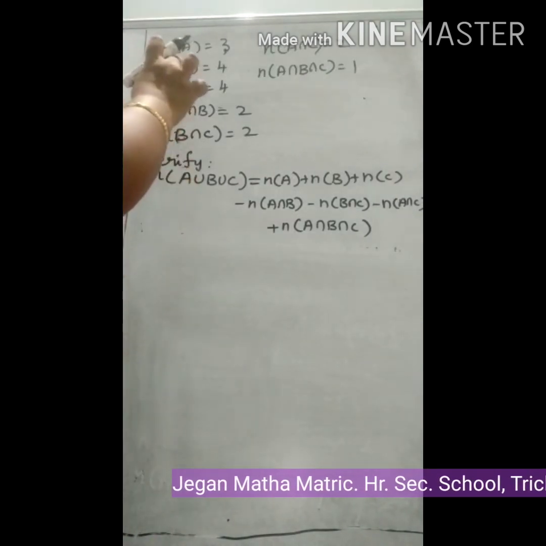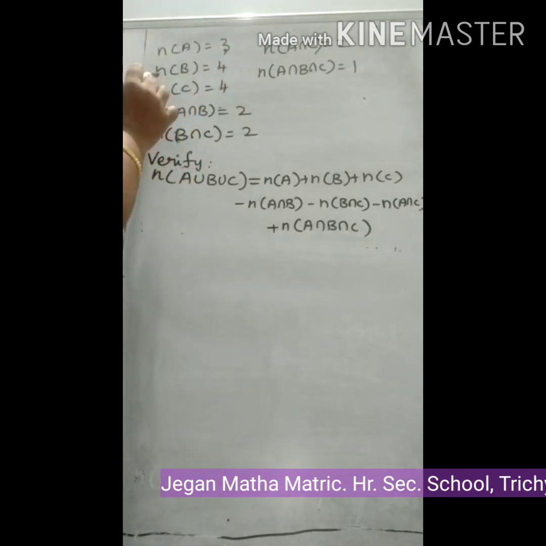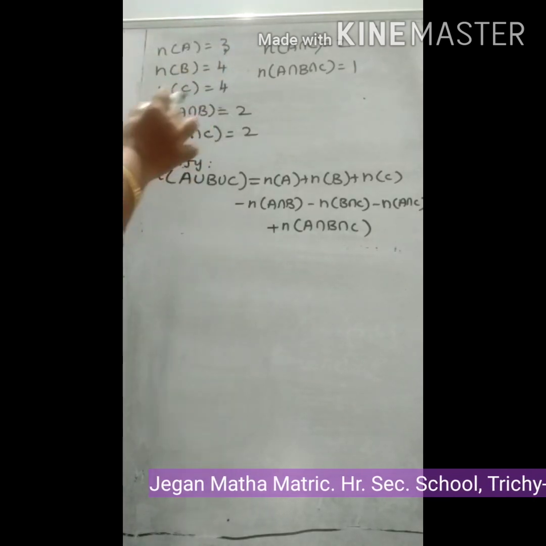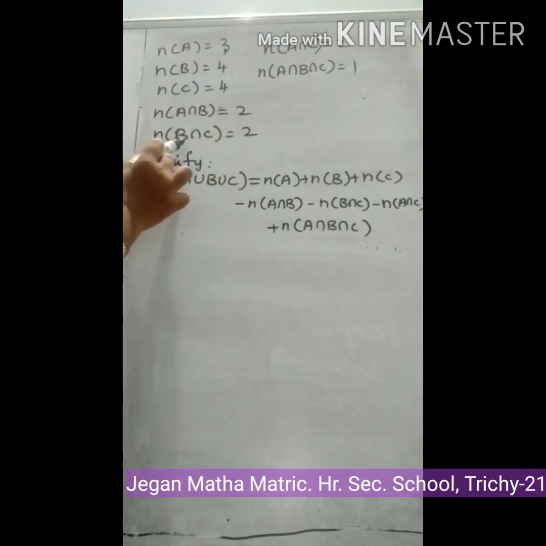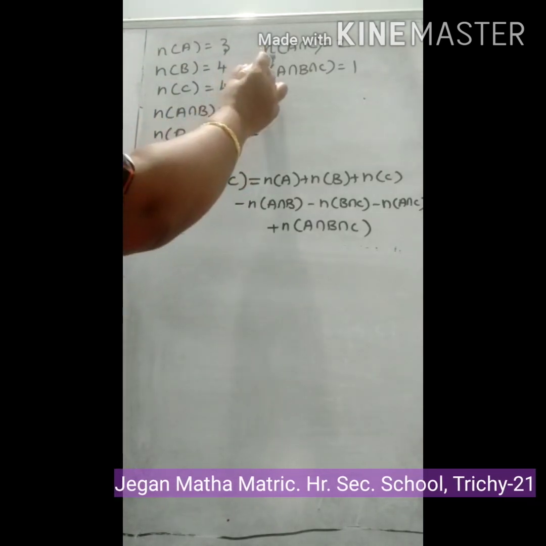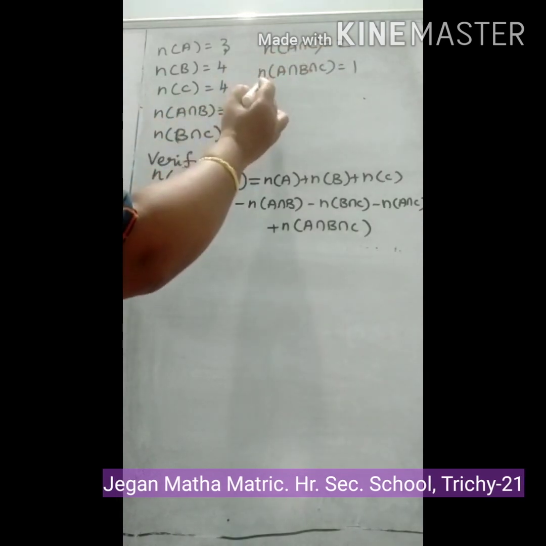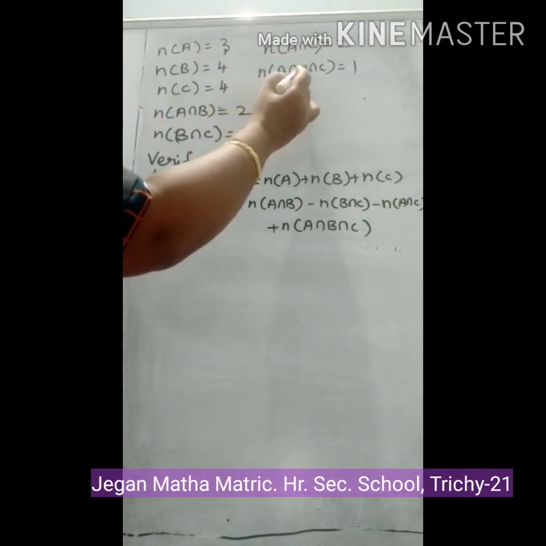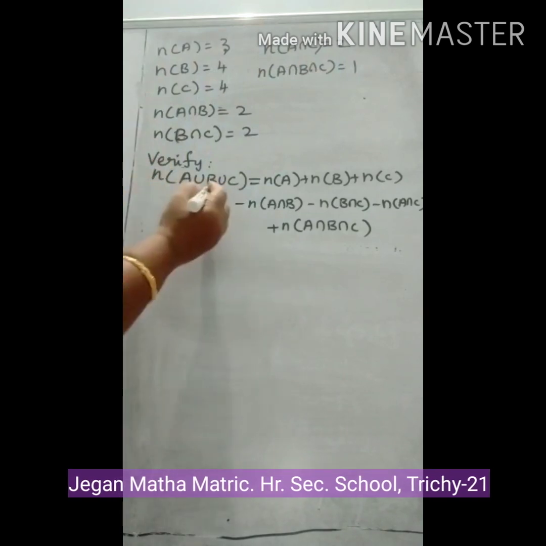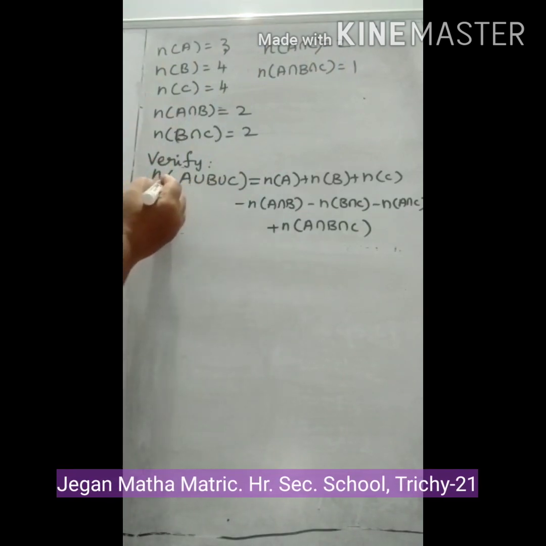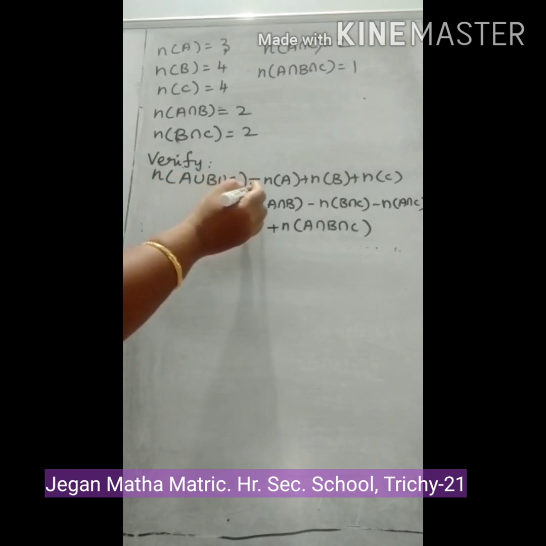So we found n(A) = 3, n(B) = 4, n(C) = 4, n(A ∩ B) = 2, n(B ∩ C) = 2, n(A ∩ C) = 2, and n(A ∩ B ∩ C) = 1. Now verify this formula, the cardinality of sets: